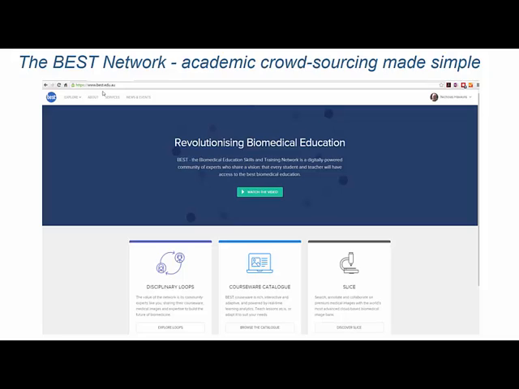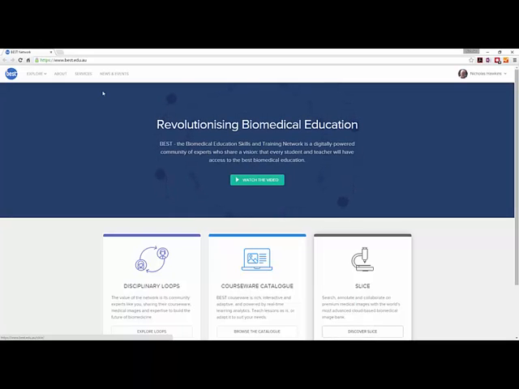The other thing that's worthwhile understanding about the BEST network is Slice. Slice is firstly a very large collection, over 20,000 biomedical images of all sorts, macroscopic, microscopic, imaging studies, diagrams, but also Slice gives academics the ability and students the ability to annotate those images and thereby convey information about what they know about those images. If we go to Slice,